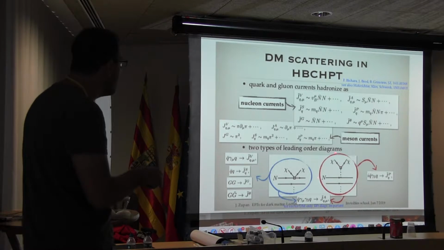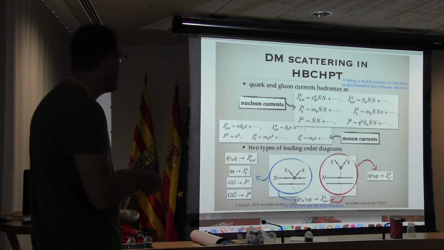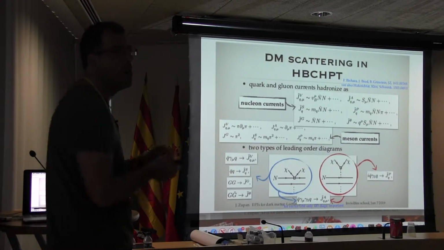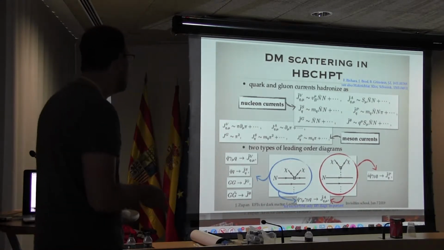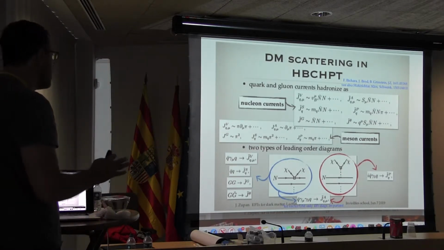And then there's another diagram possible where your dark matter couples to a pion, and then the pion attaches to the nucleon. It's still scattering on one nucleon, but it's through a pion exchange. And this will happen for, let's say, a pseudoscalar, while for the axial current, both of these would be of leading order in our counting. Right? So that's the